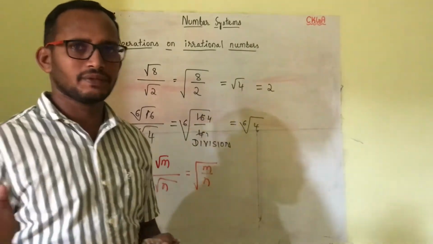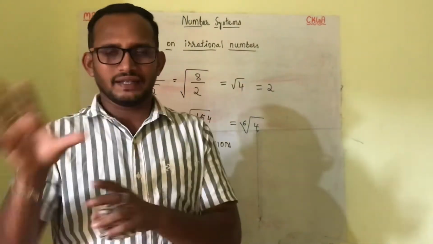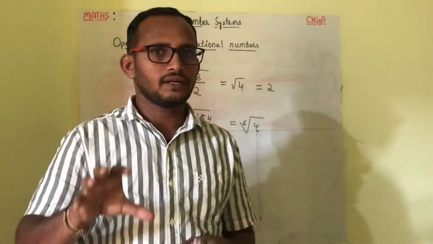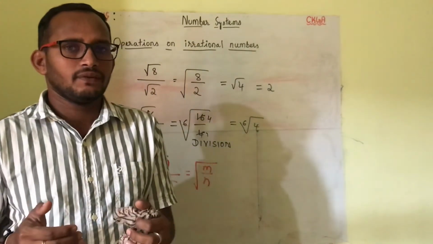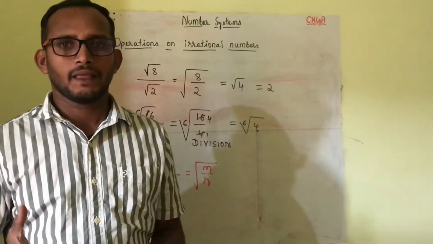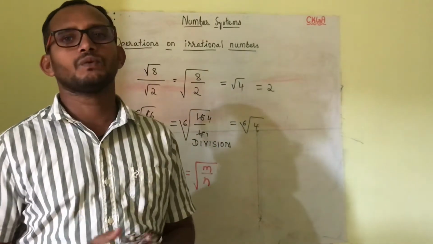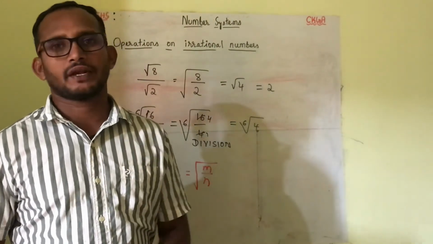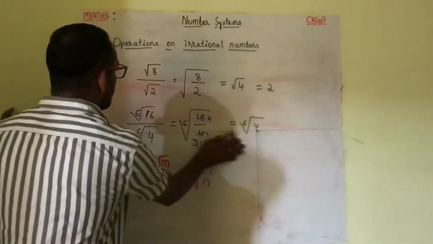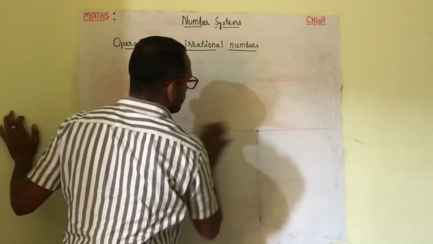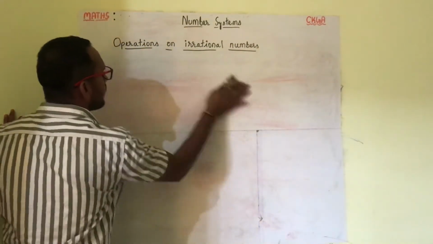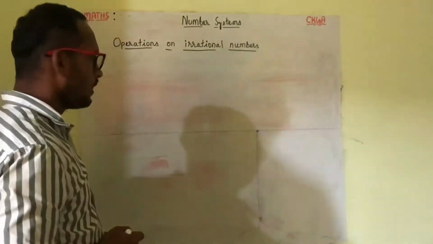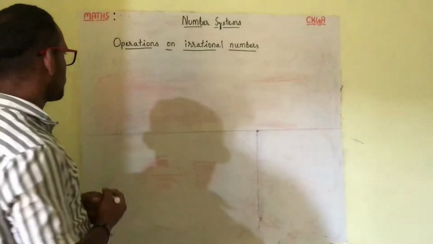Please understand in detail the addition, subtraction, multiplication, and division of irrational numbers. If you understand them with clear, precise operations, then you won't feel any difficulty in identifying and solving operations on irrational numbers. So now, I'll take 2 to 3 examples to perform operations on irrational numbers. I'll start with a simple one. I hope you all take these examples and solve them by yourself.